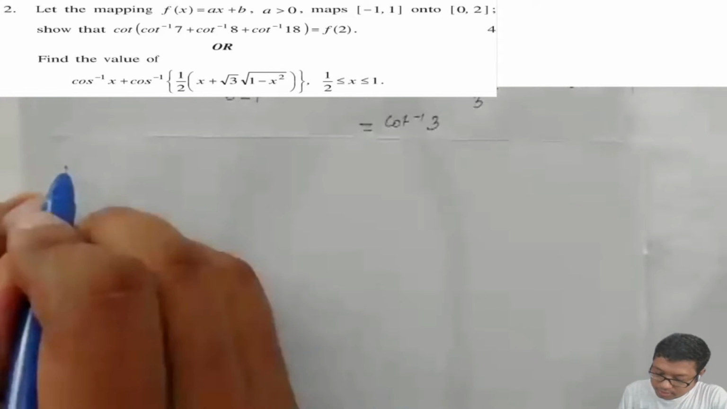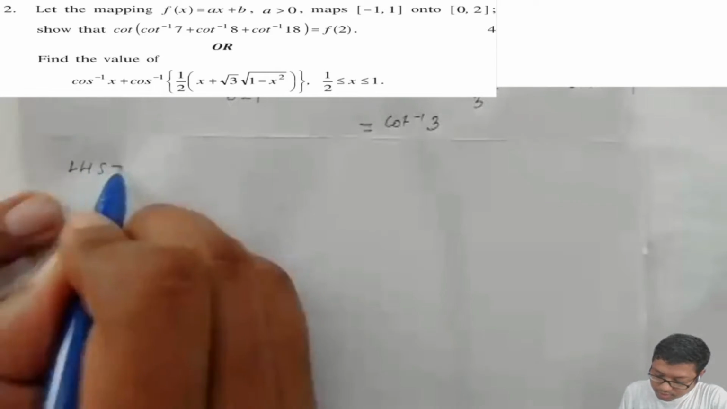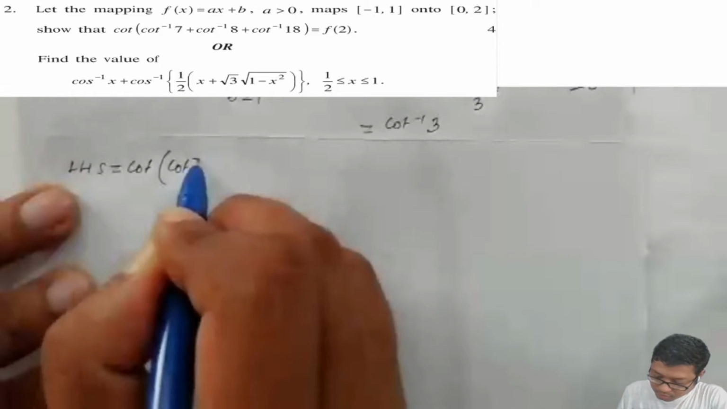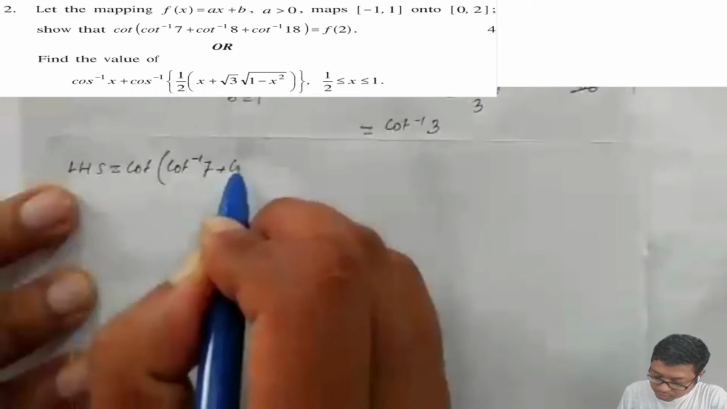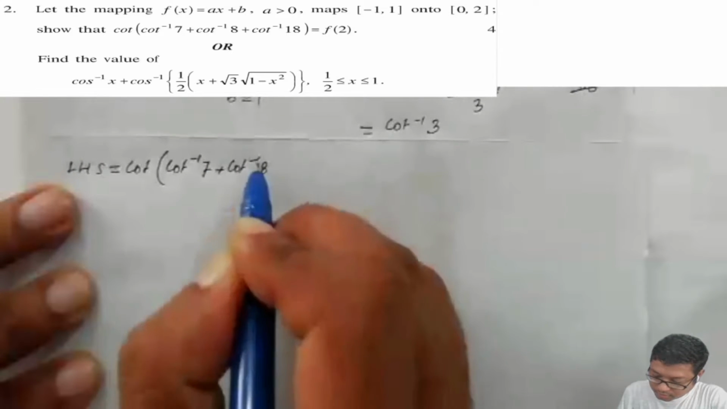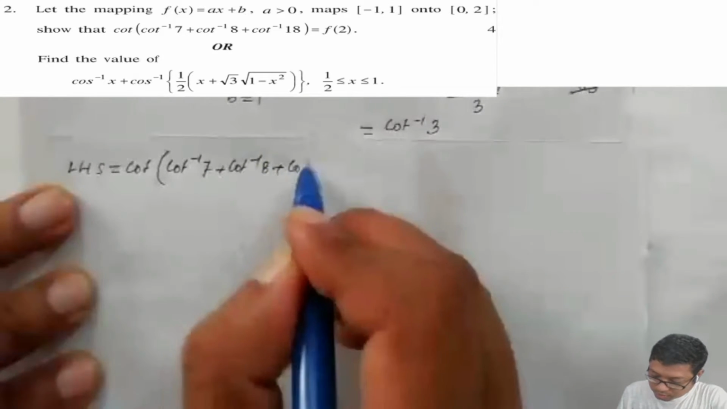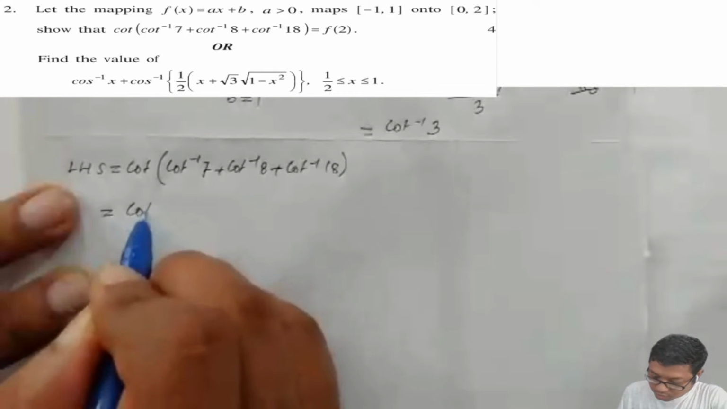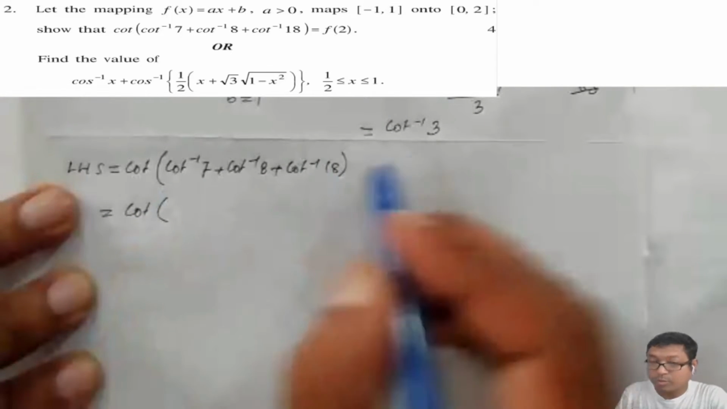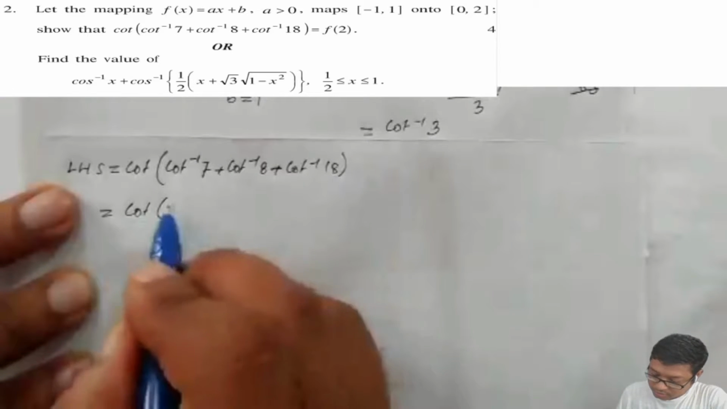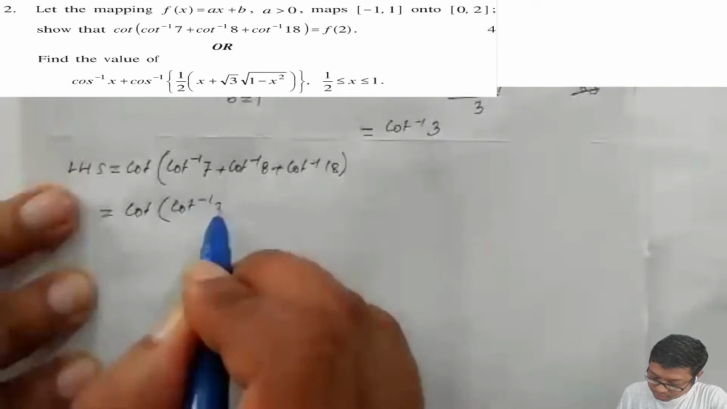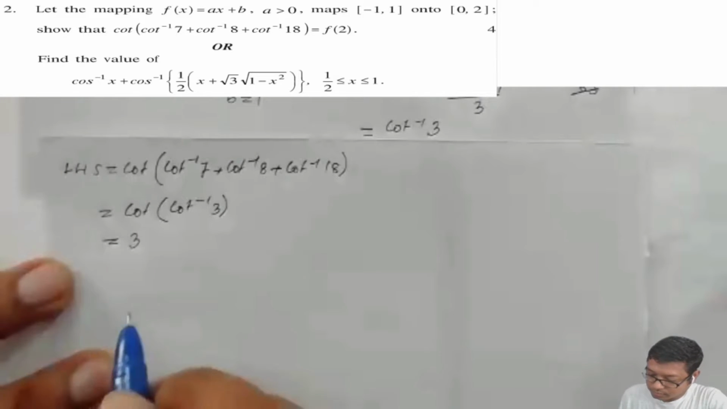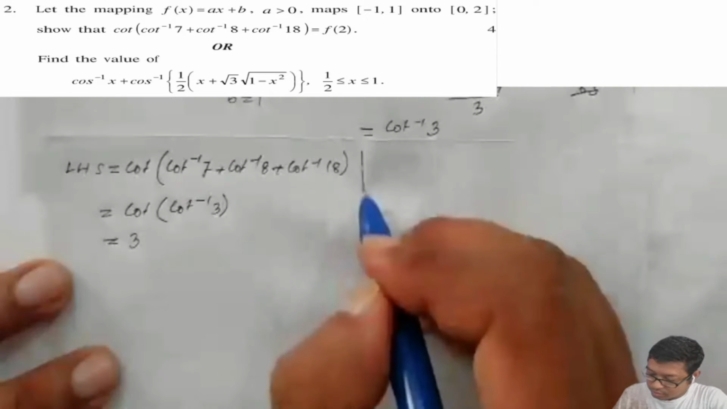Left hand side is equal to cot of cot inverse of 7 plus cot inverse of 8 plus cot inverse of 18, and this is equal to cot of, and this is found out to be cot inverse of 3. So this is equal to 3. Okay, now you see